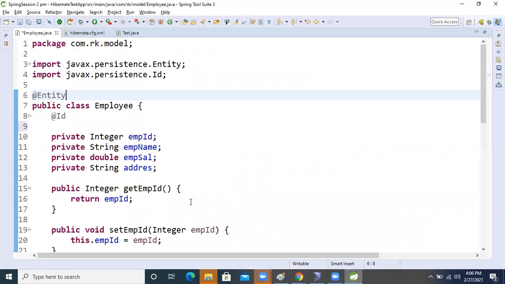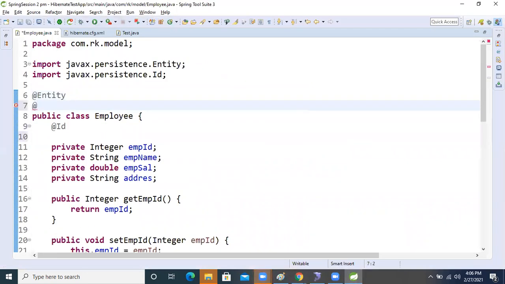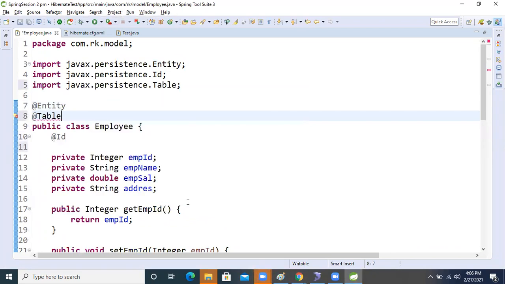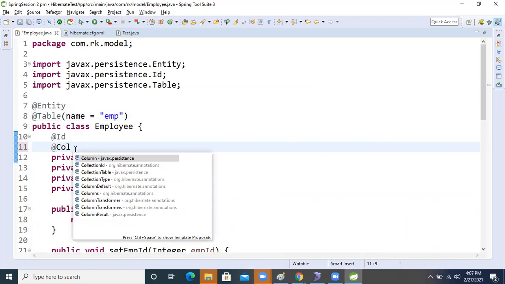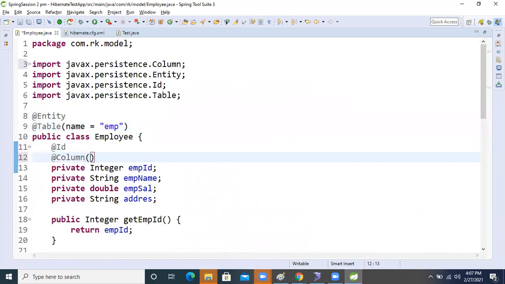I don't want the Hibernate-generated name. For that, we use the @Table annotation. Inside that, name equal to EMP. I want this name. Now for the columns, I use the @Column annotation with the column name.